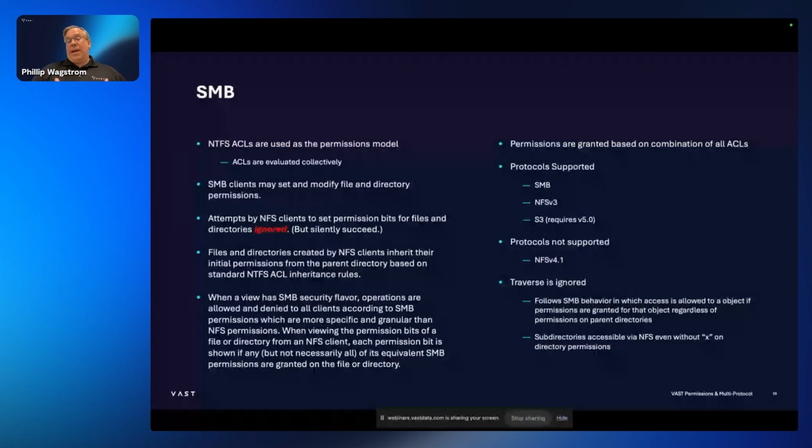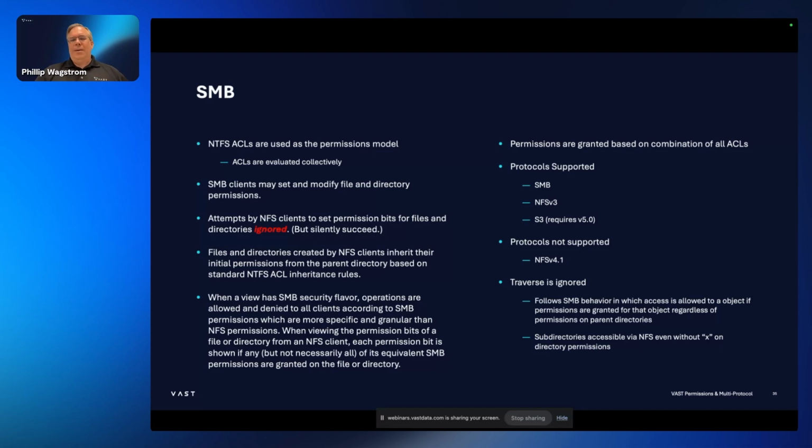So the next one is SMB. SMB is going to be more of your NTFS style. So again, you'll have your full inheritance rules for that. You'll be able to create files over NFS or over SMB or over S3 for those. You'll be able to access those there. The file creation will be a little bit different if you're doing things over NFS, because the permissions that are going to be set on the file when you create it are going to be governed by what is inherited